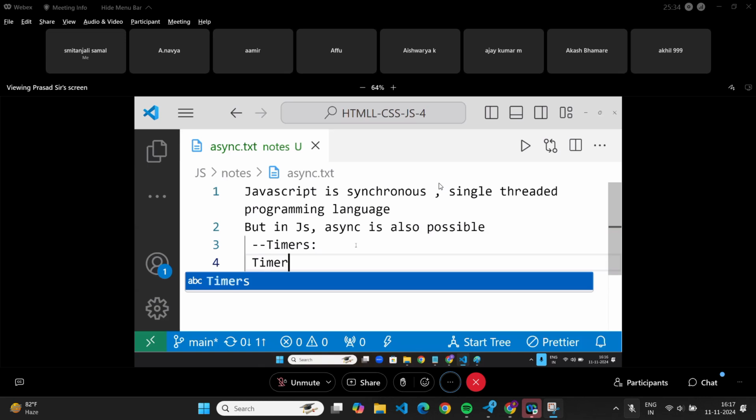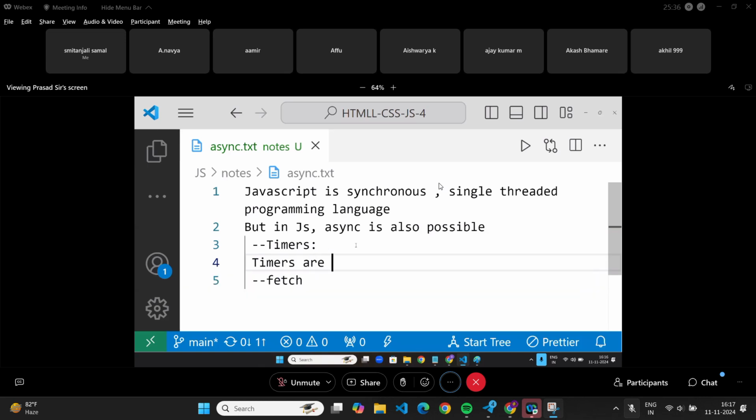Timers are web API, provided by browser. What does it mean by web API? Web API means they are not part of JavaScript. The Google Chrome or whatever the browser will provide them.